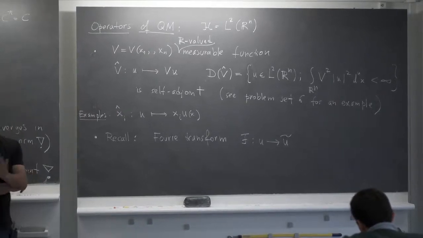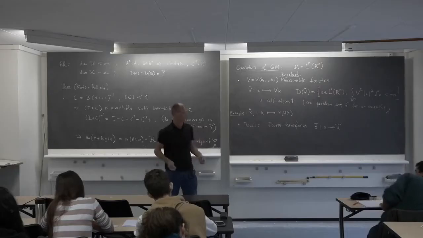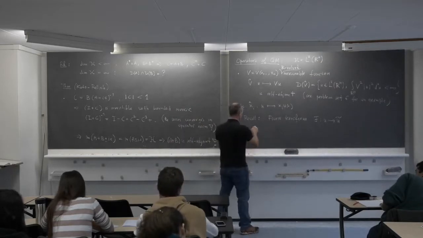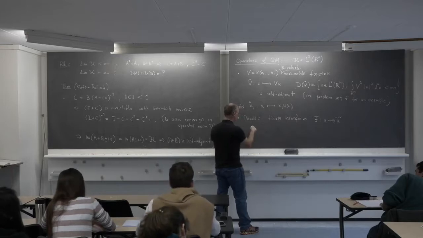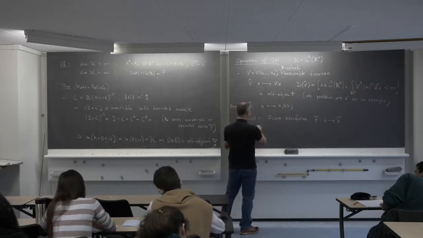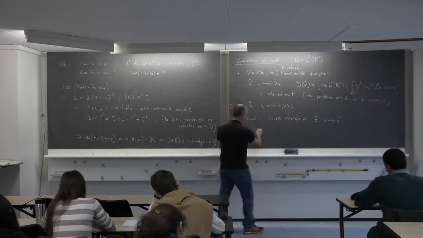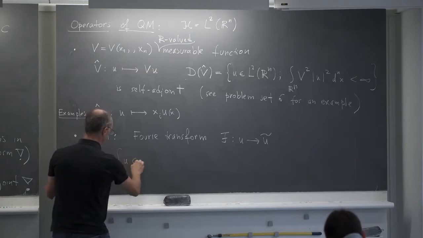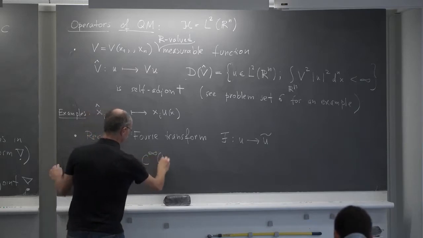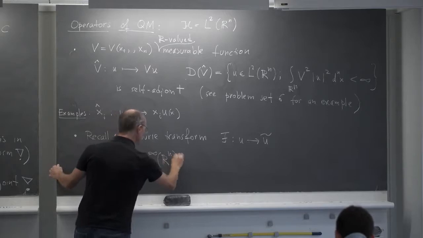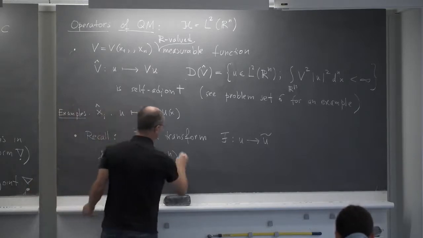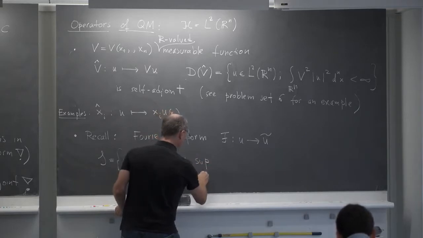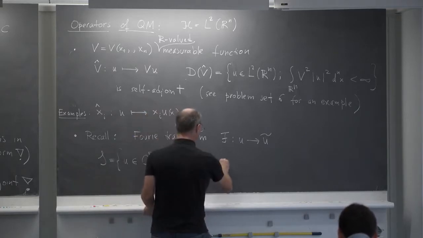Well, there are many ways, right? There are many theories of the Fourier transform. One possible theory, which is probably good for us, is through the Schwartz functions. Let's introduce the set of Schwartz class functions. So these are C infinity functions on Rn, such that the supremum over x,